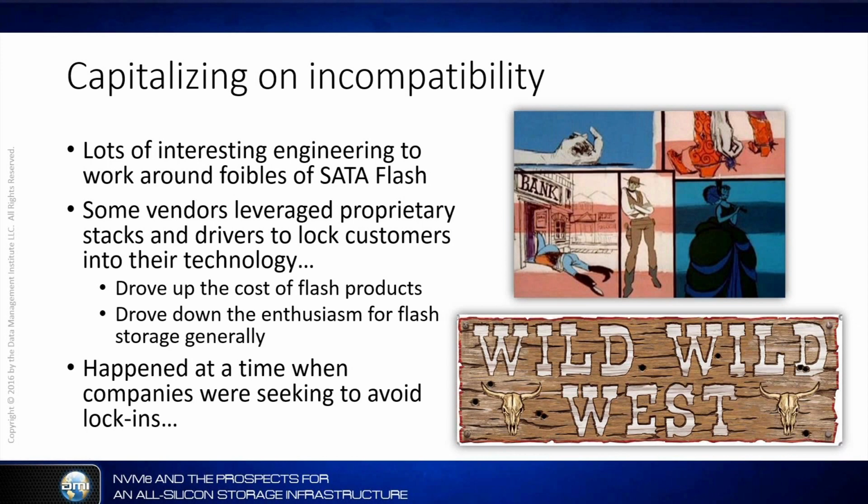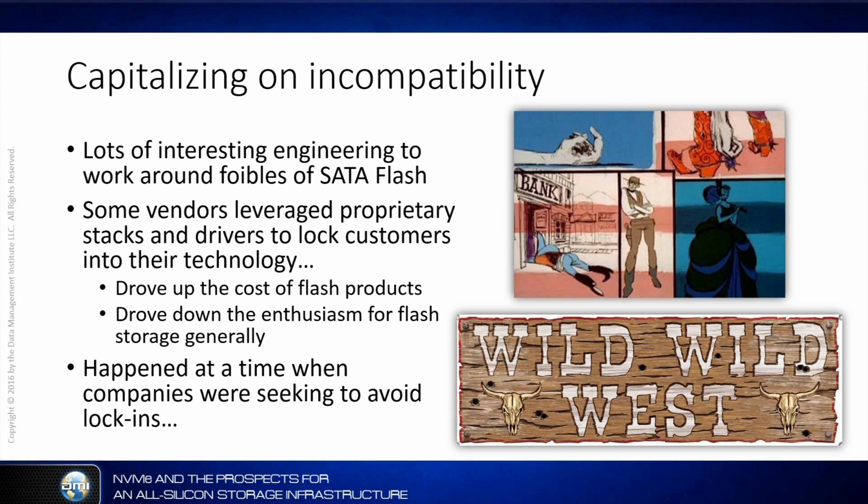I had one client that was a very large credit card processing company, and they asked me to consult on a flash purchase they were thinking about making. This was 5 or 6 years ago. What we discovered was that, because of the wear rate on the product they were considering and the number of transactions they do per second, over 1 million a second, they would probably be replacing these $40,000 flash cards every 30 days, if not sooner. That was going to be very expensive. They were going to lose all the money while the system was down doing the replacements, and of course the cards themselves were not an inconsequential cost. So at the end of the day, that looked like a non-starter for them.